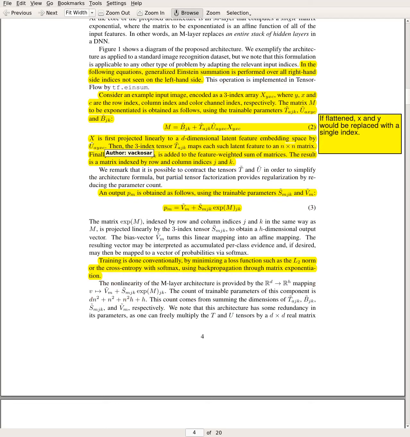So here we go. X is first projected to d-dimensional latent feature embedding space by U. Then a 3-index tensor maps each such latent feature to an n times n matrix. Finally, a bias matrix is added to the feature-weighted sum of matrices. The result is a matrix indexed by row and column indexes